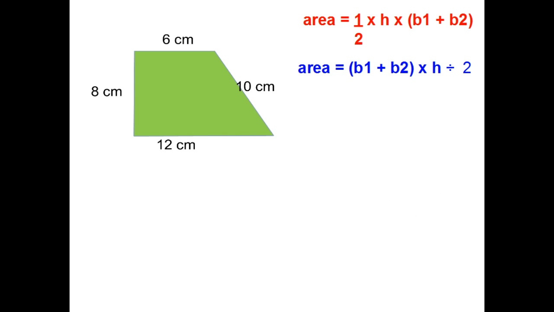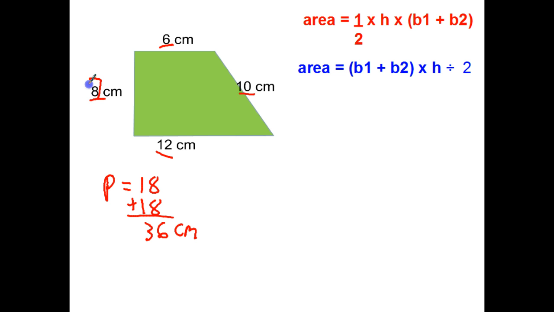Last problem. This one's for you to try out. First thing I'm going with is perimeter. 12 and 6, 18. 8 and 10, 18 again. 36 centimeters. Hope I didn't trick you by flipping the trapezoid over to the side, because